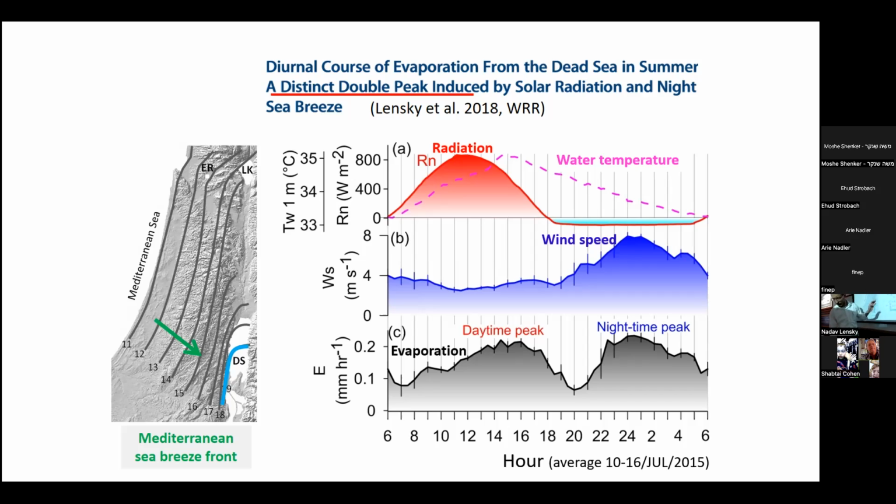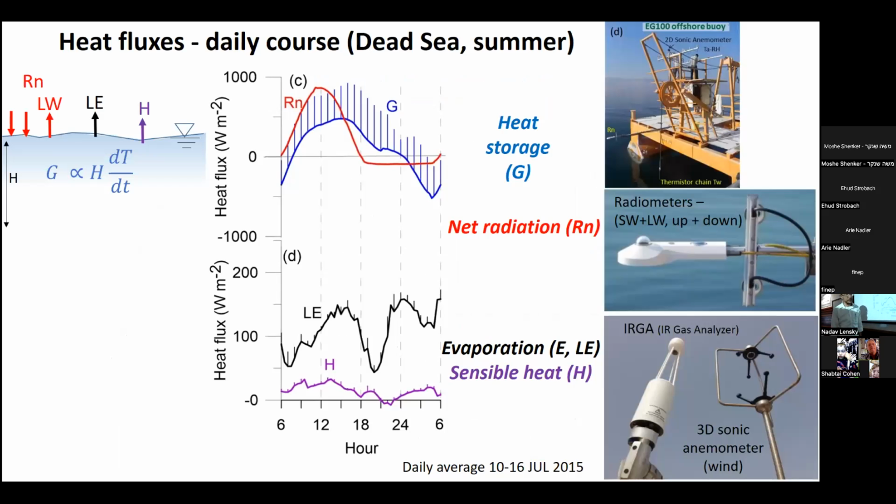So this is just one example of how it looks in more detail, and we can go even into the heat fluxes. The 4 main heat fluxes are the net radiation, diurnal cycle. This is the stored energy. It's a bit tricky how to measure it. We have to measure it by